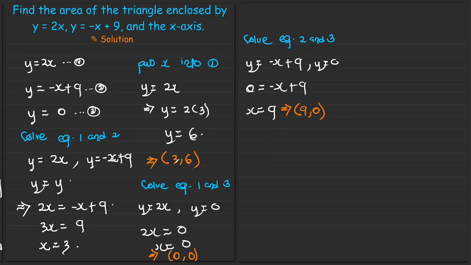So using our shoelace method, our points are 3 and 6, then 0, 0, then 9, 0. Since I started with it, I'll have to end with it as well, so 3 and 6. Our area is simply going to be 1 over 2, then the absolute value of